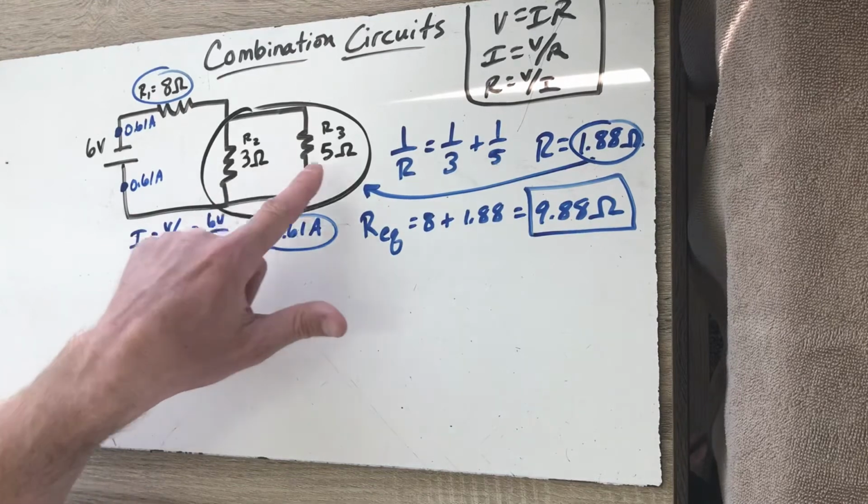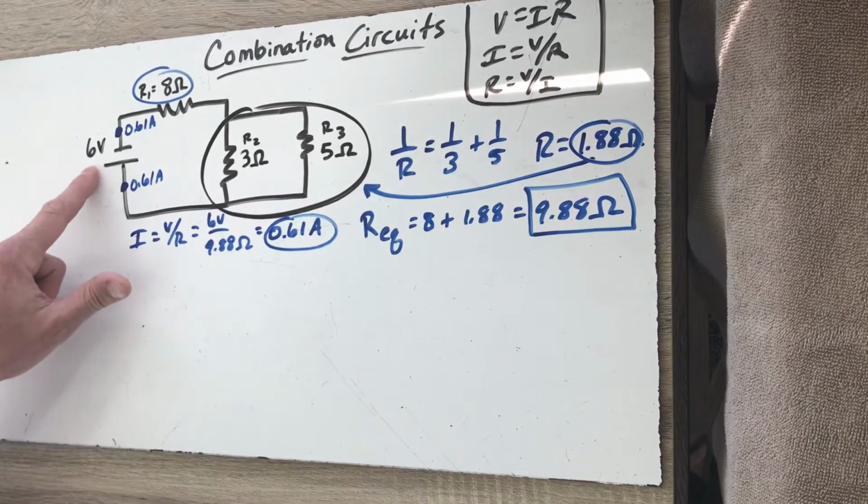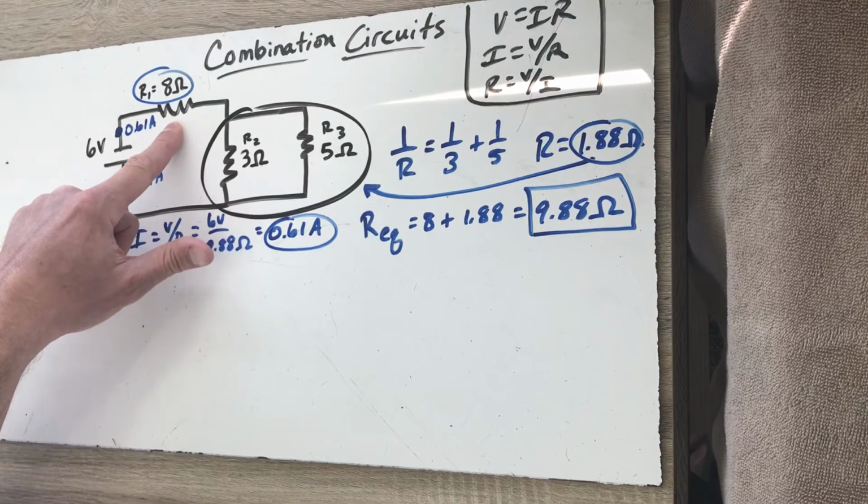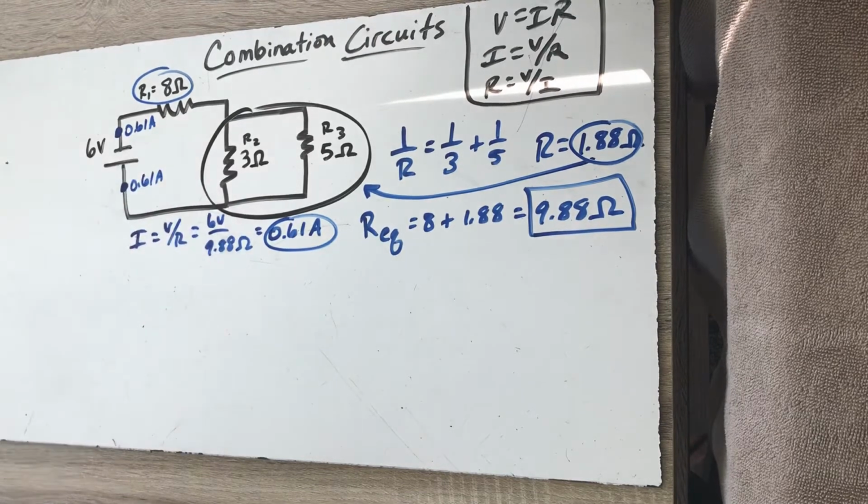So this resistor and this resistor are not going to feel 6 volts of pressure or 6 volts of potential energy, because a lot of it's going to get used up and it's going to drop because of that first component that's there. So let's take a look at what that would be. Let's find the voltage drop